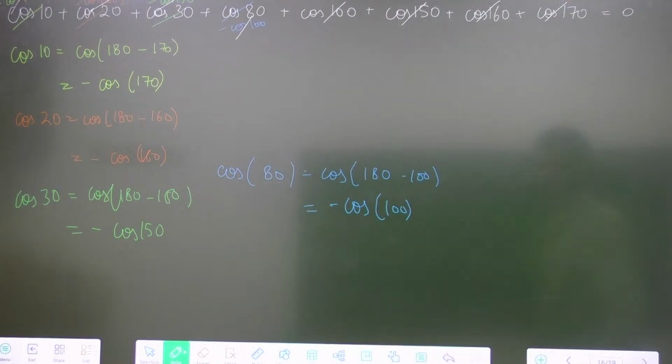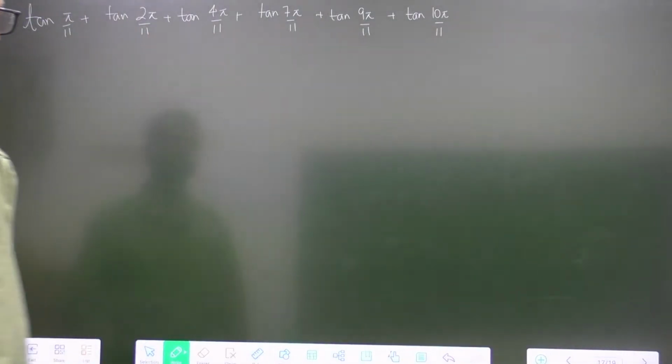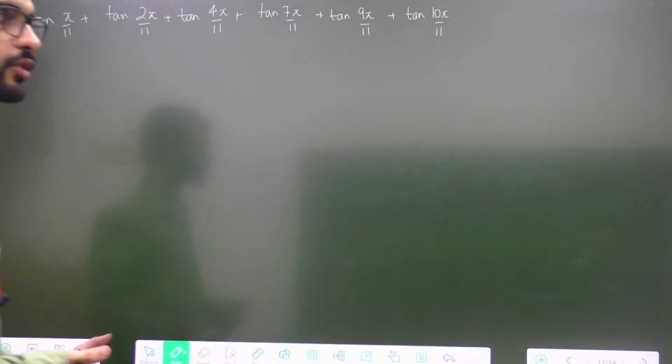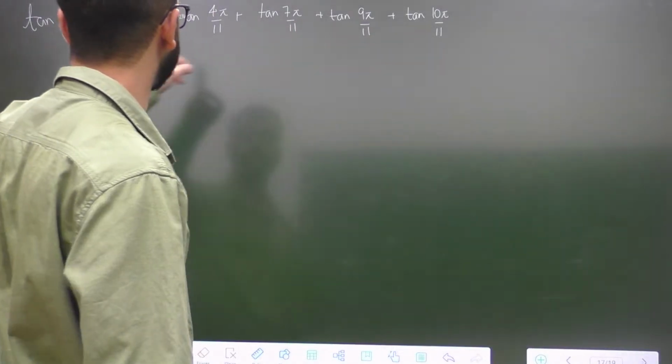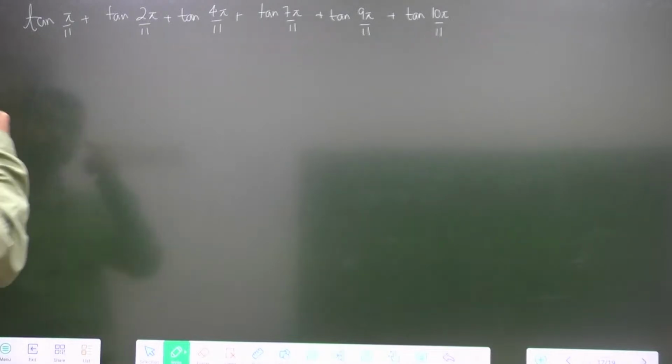Okay, let's proceed. So now this is the next question of the same type. Let's see what's happening. There are 6 terms over here, and as we did in the previous question, the extreme terms are going to form a pair and will lead to a result. That is what the answer would be. So let's try to convert